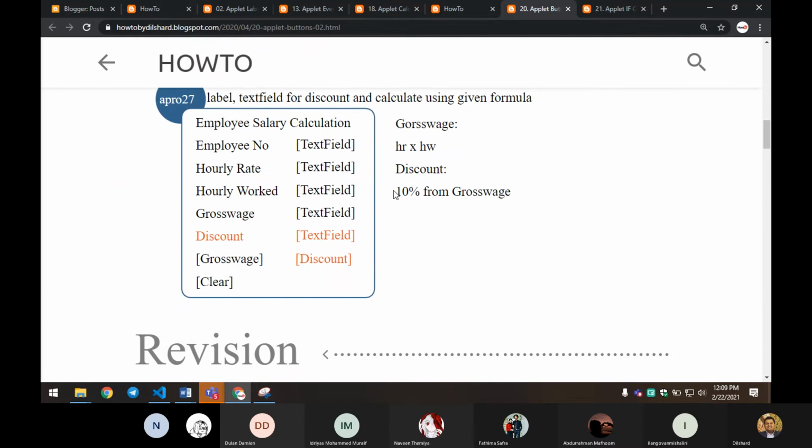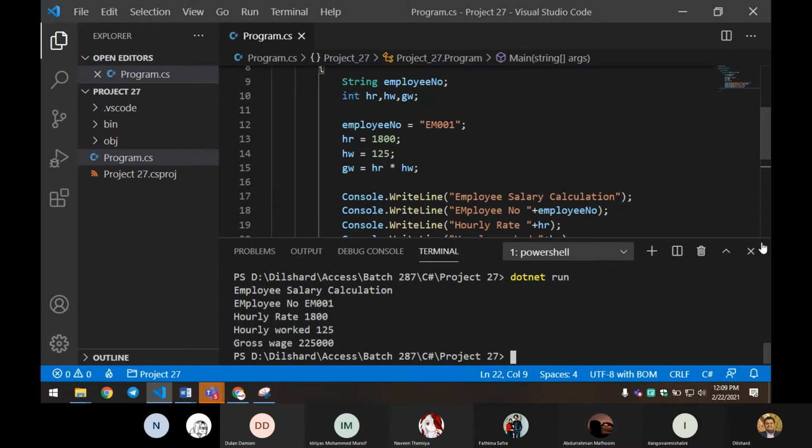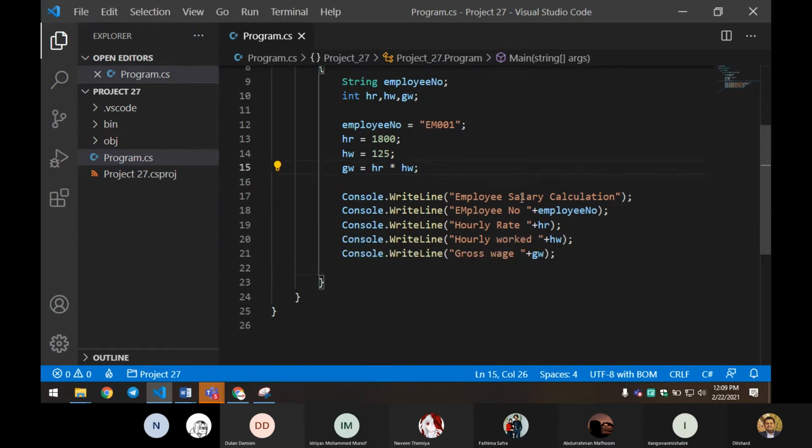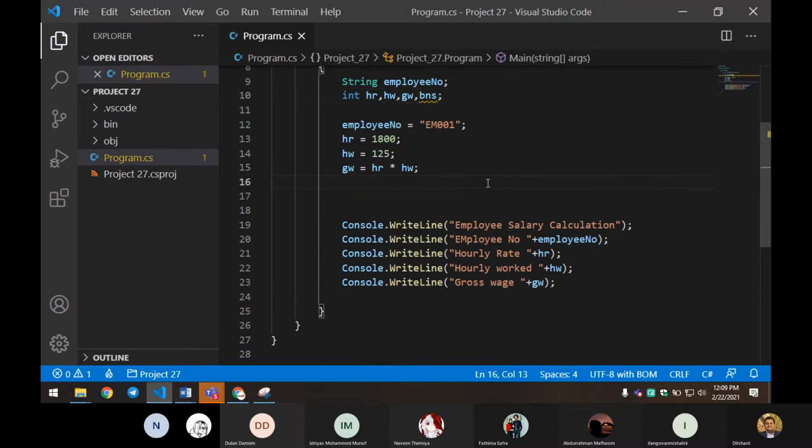So how can we say 10% from gross wage? As a bonus, I'm going to say BNS. BNS equals gross wage multiplied by 10 divided by 100, right?